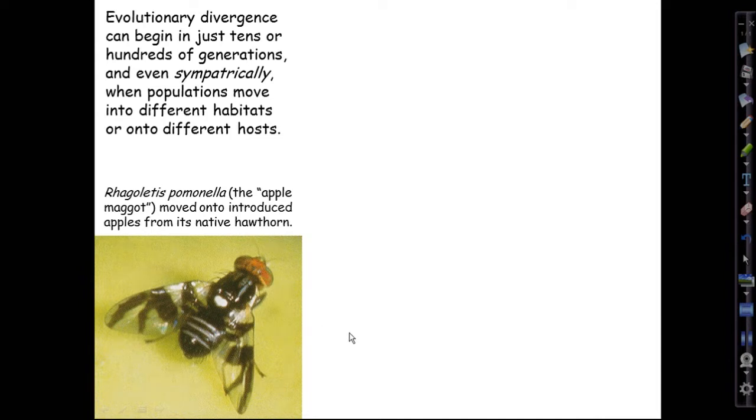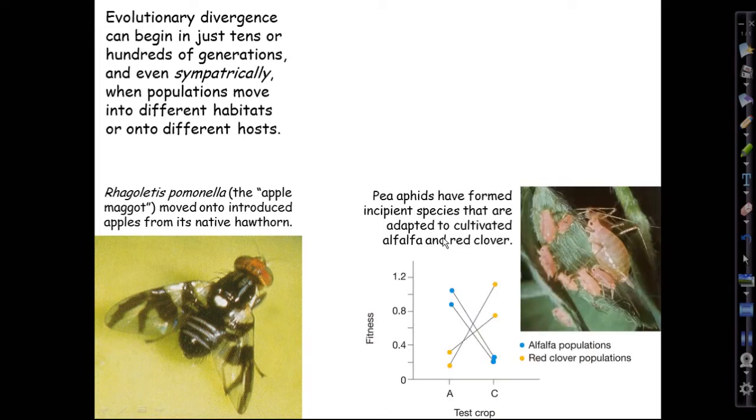They look the same, but they have a preference for apple, and they go to it, they stay there, they breed on it, and so on. So they are on their way, should that situation persist long enough, to becoming a distinct species, at least by some definitions. In a similar way, pea aphids, a pest of peas and related agricultural crops, have formed incipient species